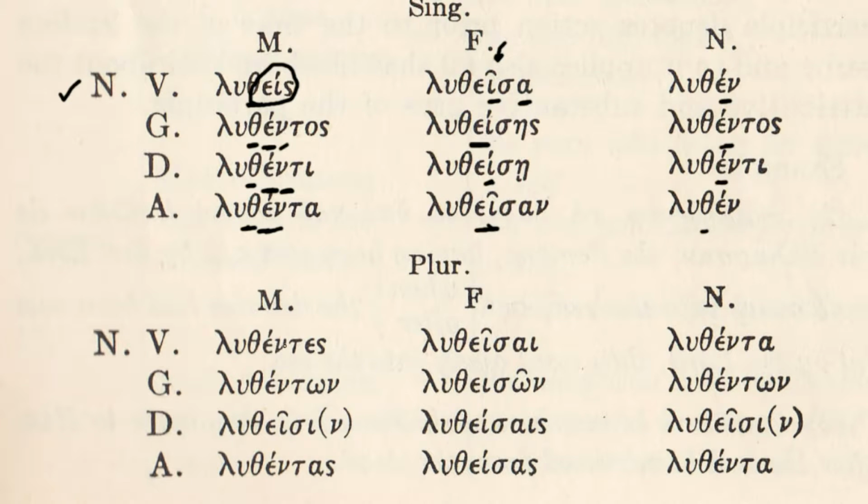When we come to the plural, again, these are fairly similar, and you should notice the similarity to what you've already learned. Luthentes, luthenton, luthesi, and luthentos. In the feminine side, luthesi, lutheson, luthesis, luthesos. And finally in the neuter, luthenta, luthenton, luthesi, luthenta. So you should notice that the endings are similar to what you've learned, but again we have them on the aorist passive stem. These are going to be somewhat similar to the material that you've mastered, so hopefully memorizing these won't be too much of a challenge for you.